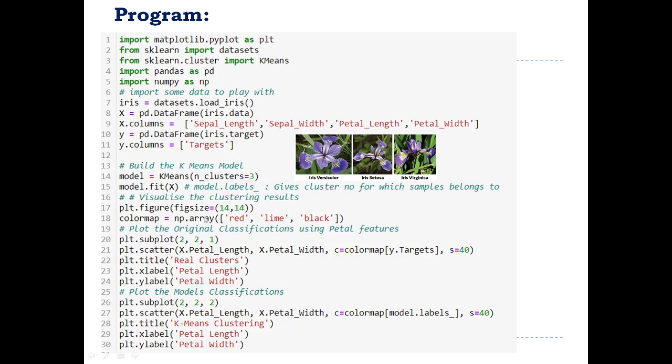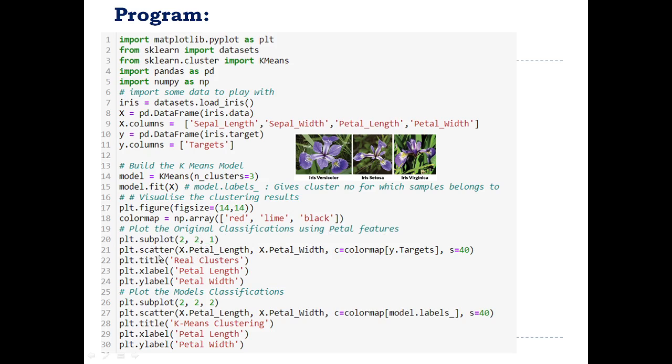Next we will give the colors for these clusters. We are using 3 clusters, so we will give 3 different colors for visualizing the clustering results, that is red, lime color, and black color. So that we will give it to a color map. Next, plot the original classification using petal features. So here by using the petal features we plot this